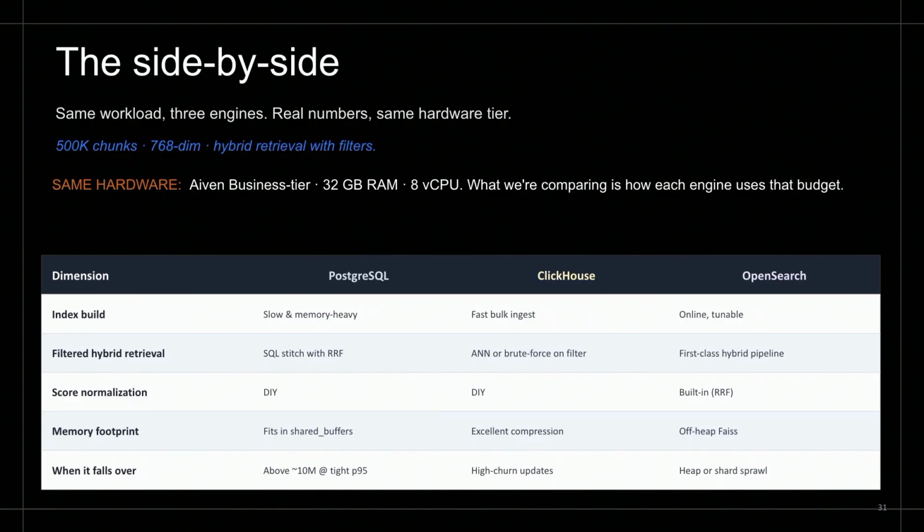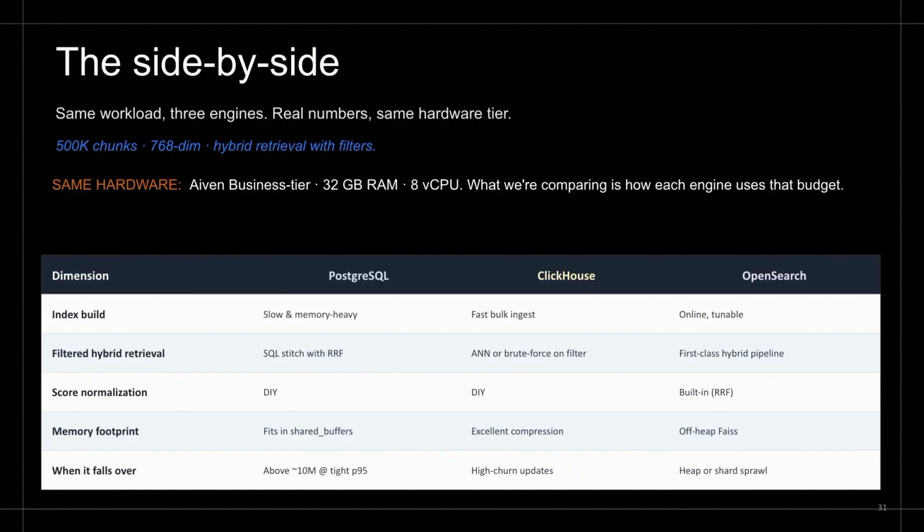PostgreSQL, OpenSearch, and ClickHouse were all deployed on the same instance specification: 32 GB RAM, 8 vCPU, on Aiven. Like I said, Aiven provides these open source services as managed services, so I chose Aiven to deploy them. What we are comparing is how each engine uses this budget.